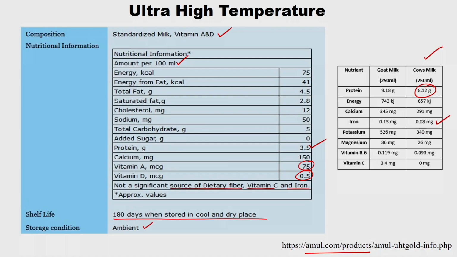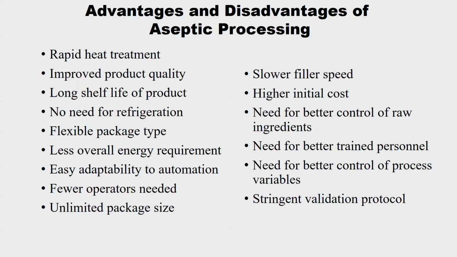So all the values are not given, but I would suggest you go and refer to the product specifications in the UHT milk as well as in the normal raw milk. So aseptic processing: rapid heat treatment, product quality is improved, and a long shelf life product, no need for refrigeration, flexible package type. I already told you for the canning process you have canning dimensions based on the sterilizer,